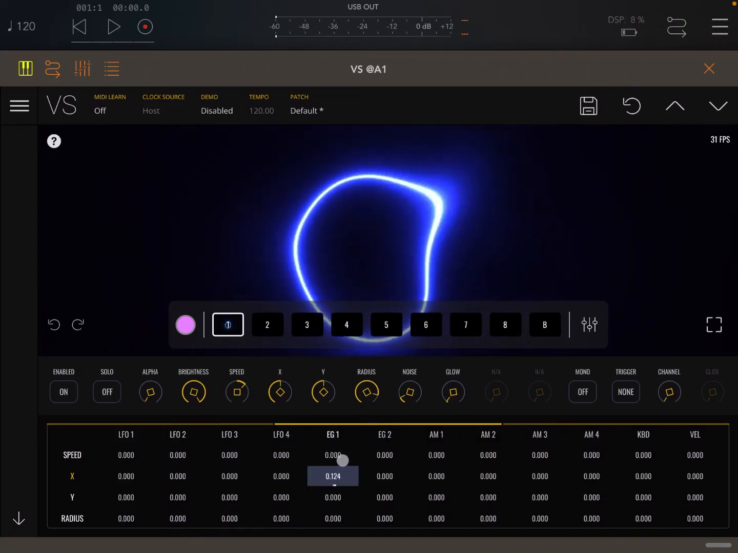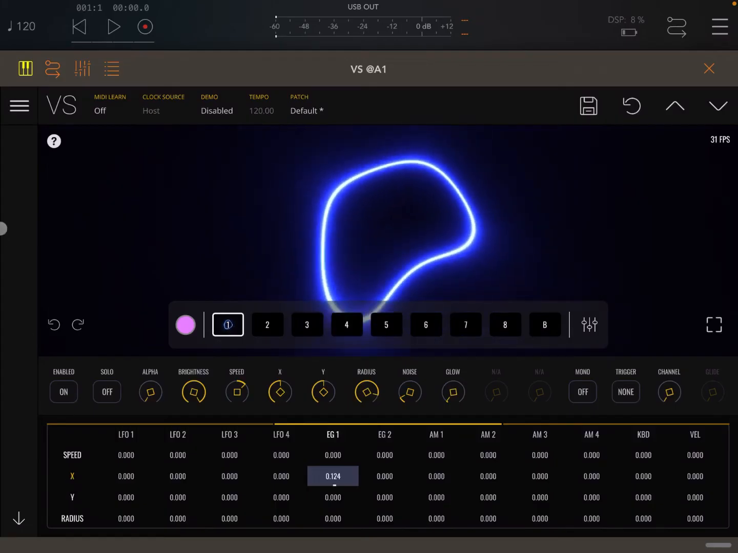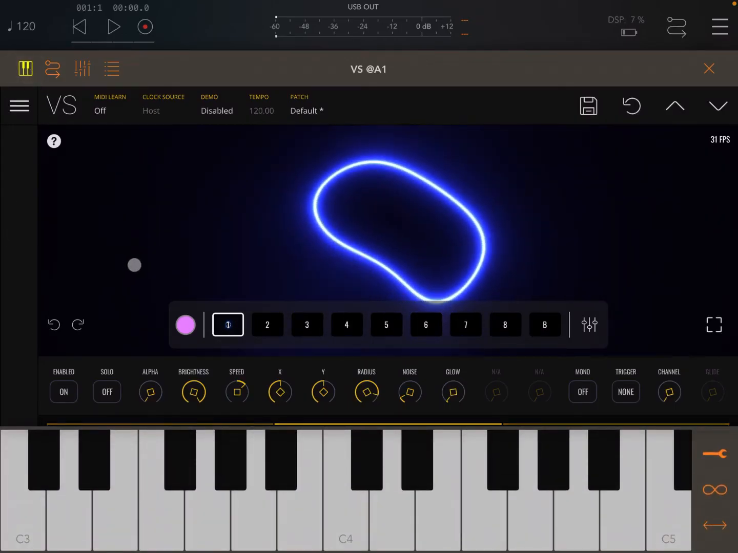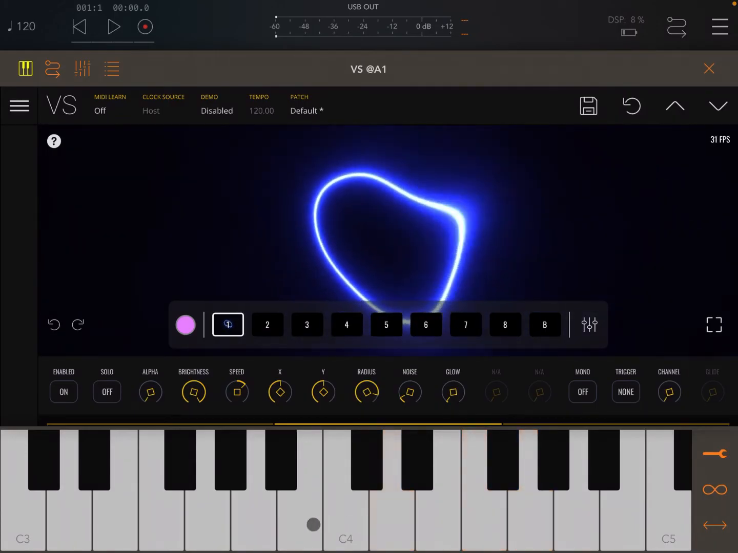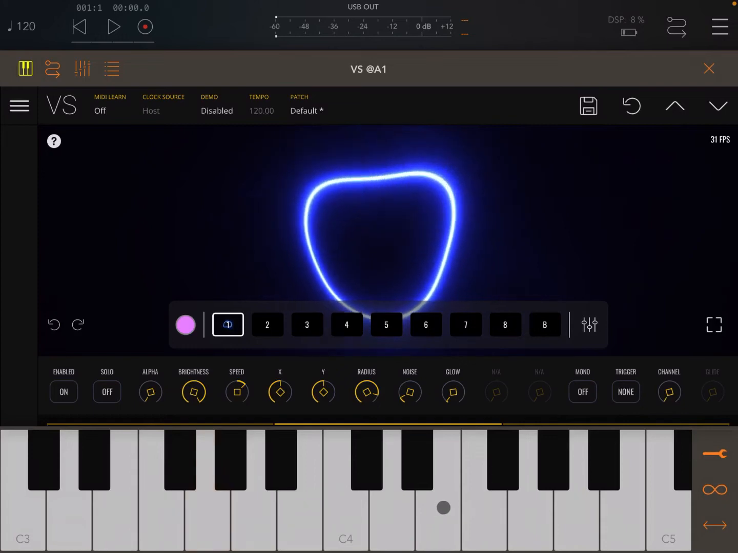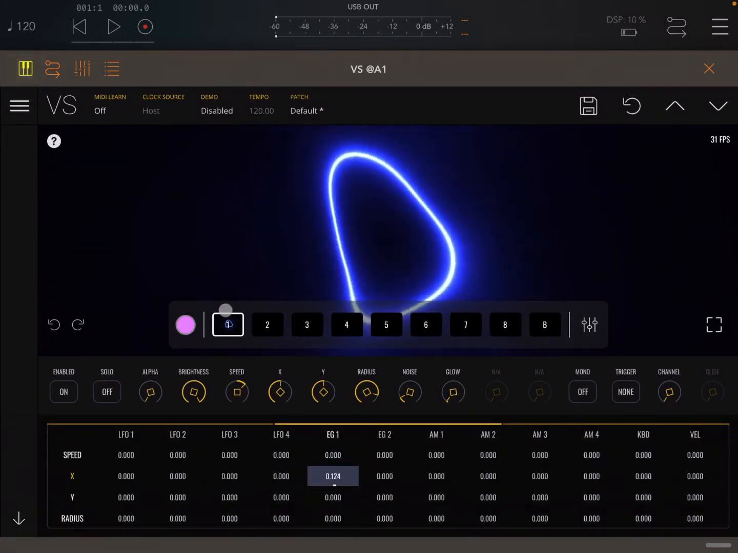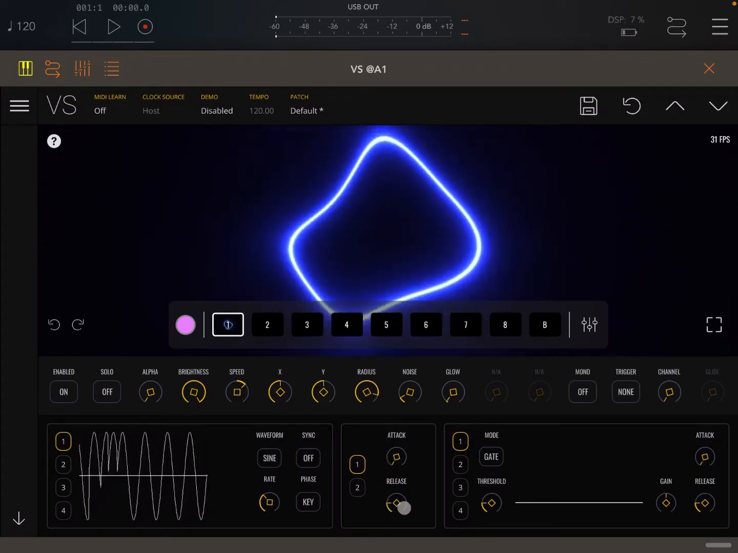Let's increase here envelope generator 1 for position X. Let's open the AUM keyboard and let's click on the keyboard. You can see it's changing position. As you see, it moves very quickly from one position to the next. That's because if you go back to the envelope generator, the attack is very low and also the release is